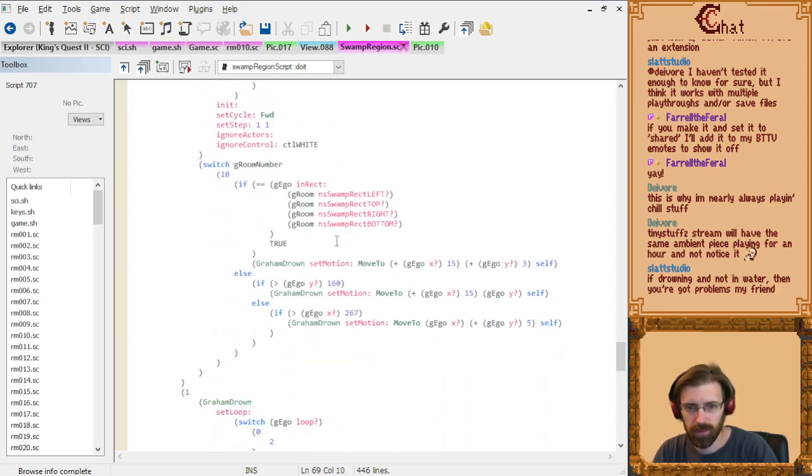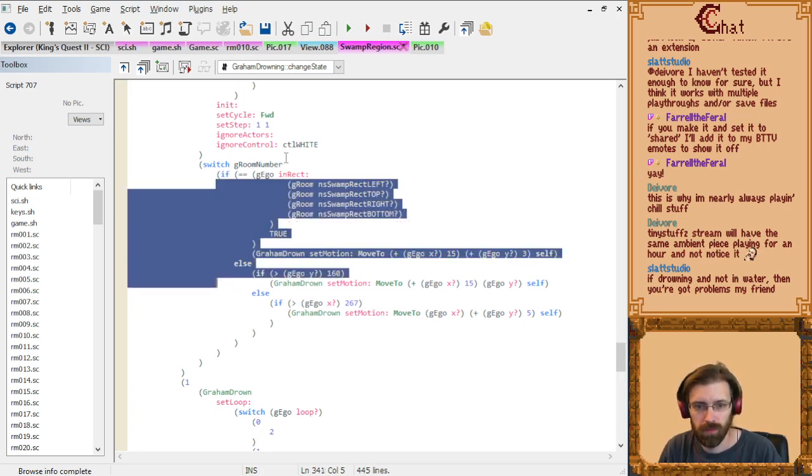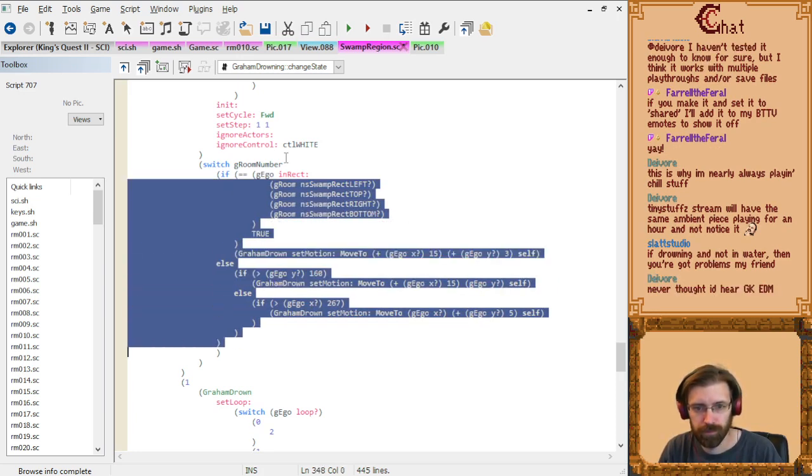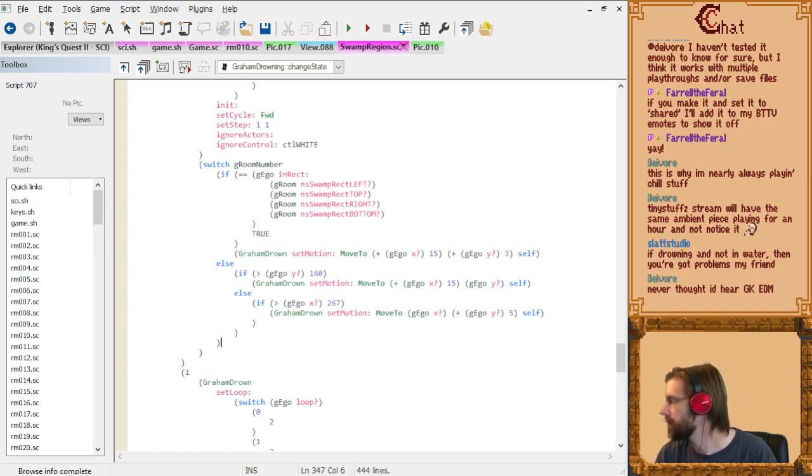Switch to blah blah blah. So right here, if it's room 10, G-Ego inrect, blah blah blah, is it true? Moving towards it. Now this is what we need to change. We might not even have to do it per room if we've got these variables. So if we do this,